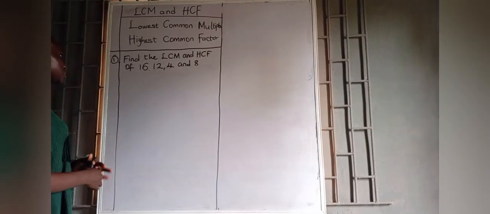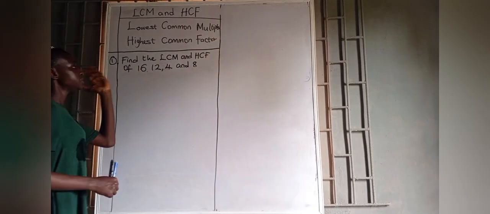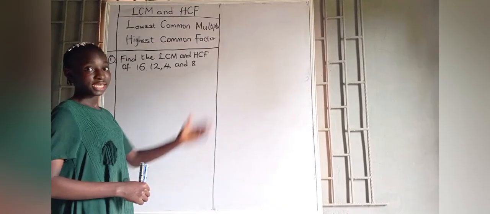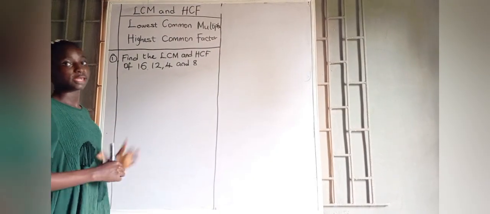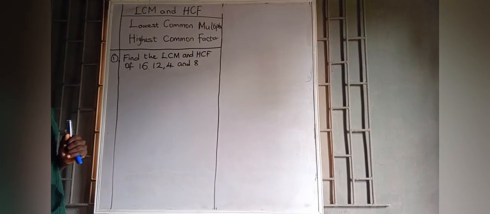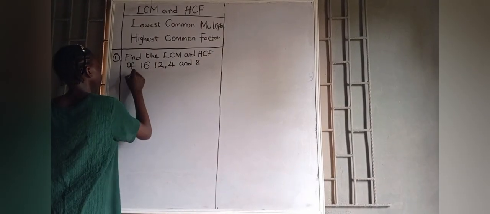This is the working aspect. So, for example, if they ask you to find the LCM and HCF of 16, 12, 4, and 8, we're going to find the HCF and the LCM using two methods. There are two methods in working this out. So, the first method, method 1,